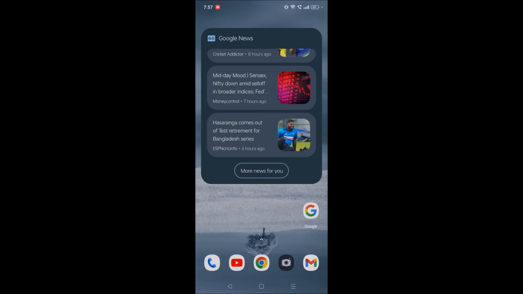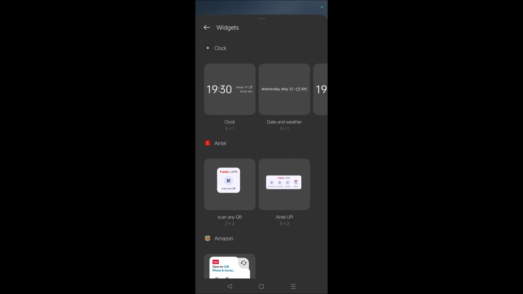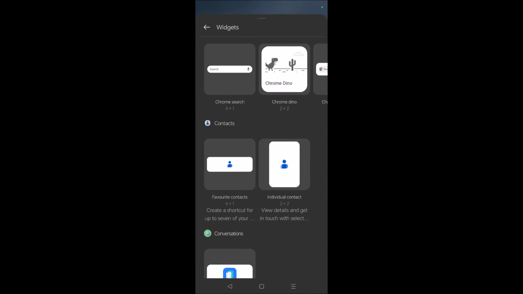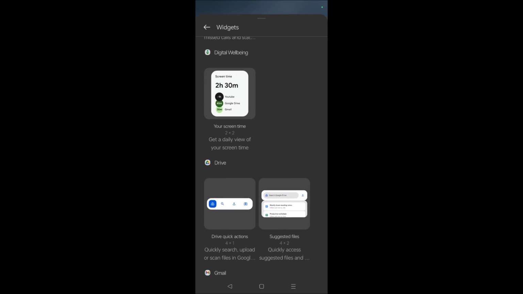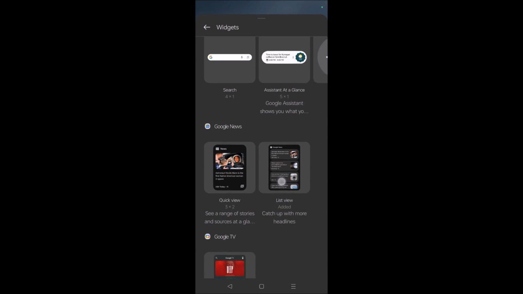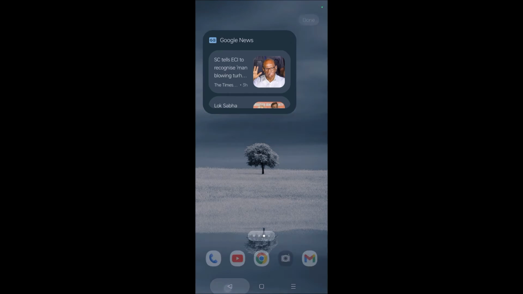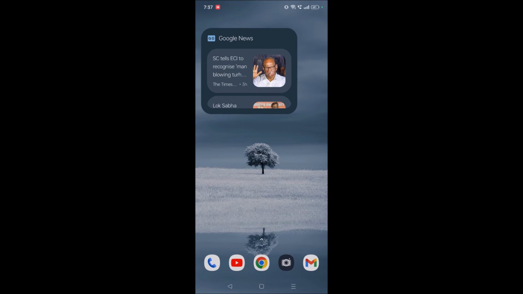If at all you want to try this list view, you can tap and hold on your home screen, then you can click on widgets and go to the Google News. First of all, you need to have Google News on your mobile, and then you can just tap on here so that it gets added, and here you can just click on back, and yeah,